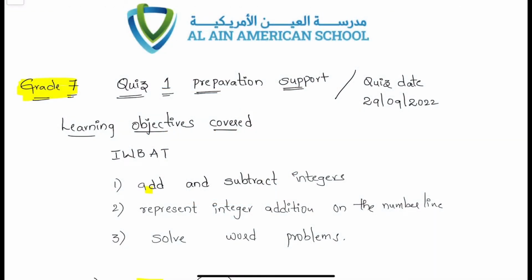Okay, now let us do the second learning objective, which is you should be able to represent integers, integer addition and subtraction on the number line. Addition also means addition and subtraction because they are integers, they are negative and positive numbers. Okay, so going through that,